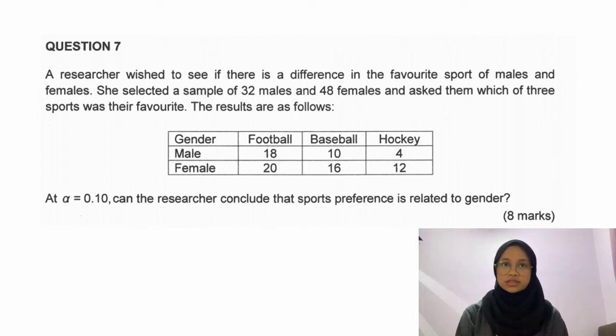So today I will explain to you question 7. The question is, a researcher wished to see if there is a difference in favorite sport of males and females. She selected a sample of 32 males and 48 females and asked them which of 3 sports was their favorite. The results are as follows. At alpha equal to 0.1, can the researcher conclude that sports preference is related to gender? So basically, this question is chapter 5, which is data analysis. So the solution is,